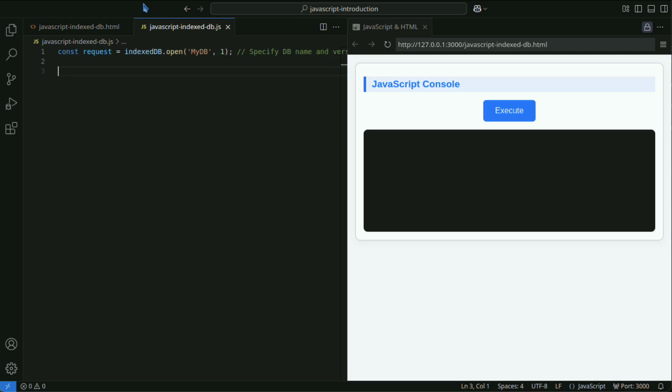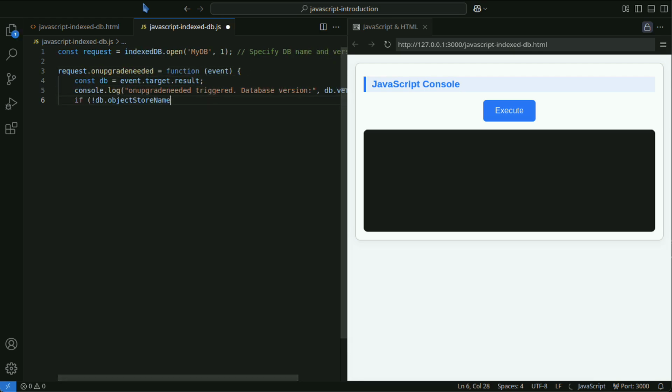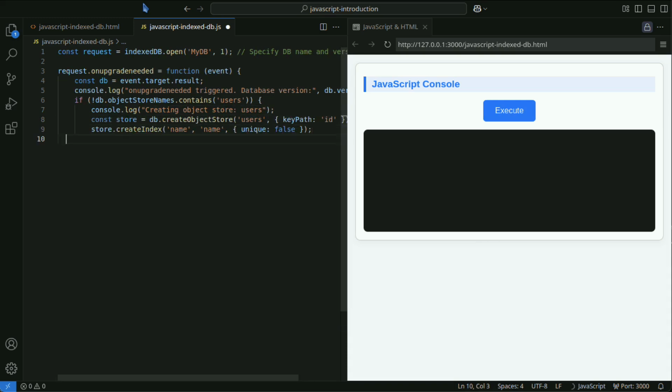First, create an object store, equivalent to a table, within onupgradeneeded. Here, the following settings are applied. createObjectStore is a method for creating a new object store in the database. You can store records in an object store and define how data is managed by specifying keyPath and other options. This process must be done inside the onupgradeneeded event.